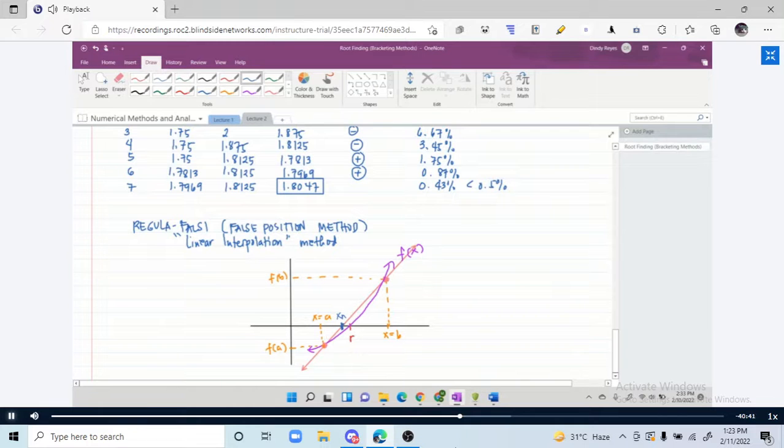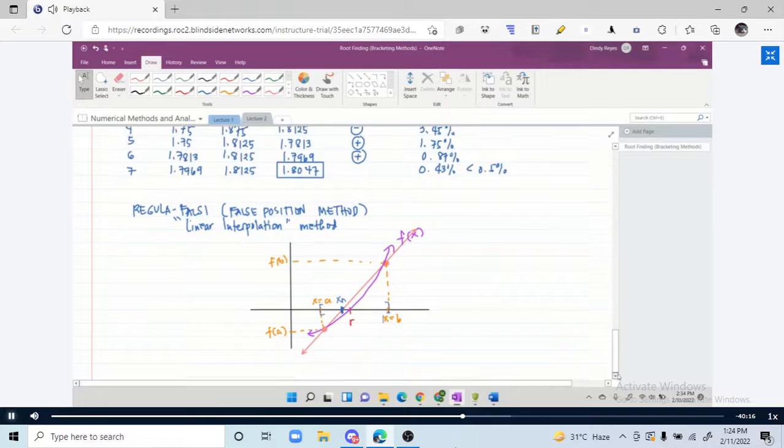So parang inaano mo lang, parang inapproximate mo lang roughly the curve f, the graph of f is approximately that line, no? So it's false position. That's why it's called false position. Okay, but then this is also a bracketing method, so you always have this bracket or this interval. Right? Now from that two interval, let's just